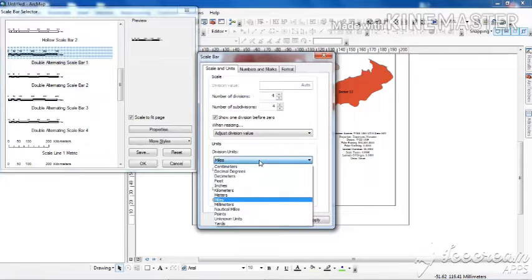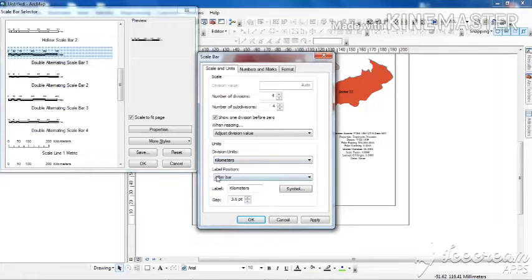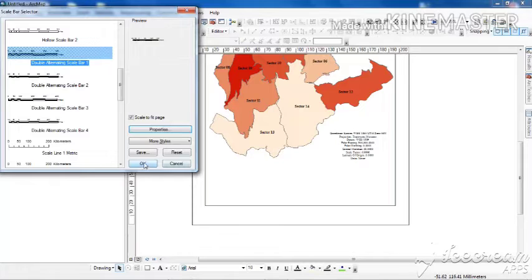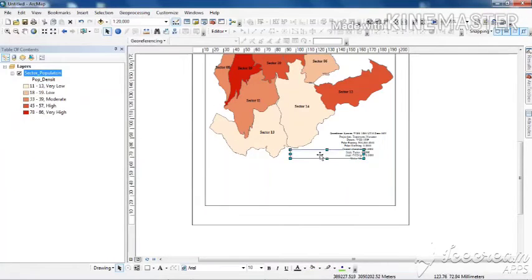Now the division units are in miles, but I will change it and make it kilometer, and this is the gap, or this is the label, and so on. Let's click on OK and simply click on OK over here. You just see your scale has come. So what does this mean? In this form it means that 1 centimeter, most probably 1 centimeter length on the map, is equal to 0.9 kilometers. Not a big area we are representing. It has been specified very clearly.